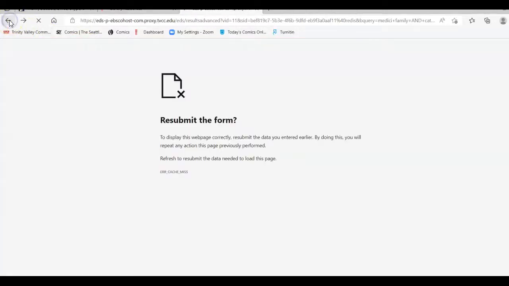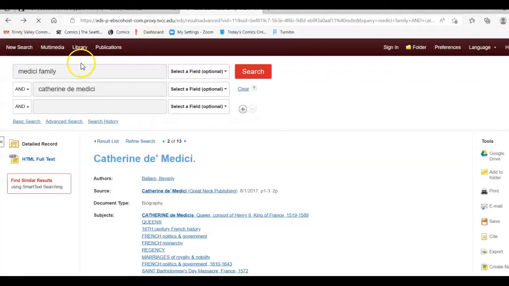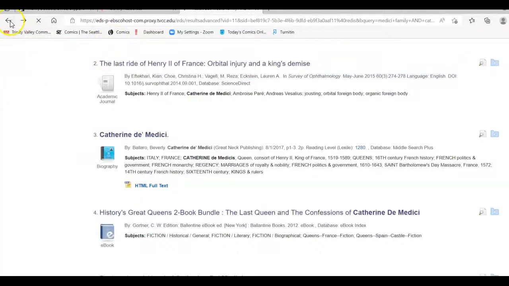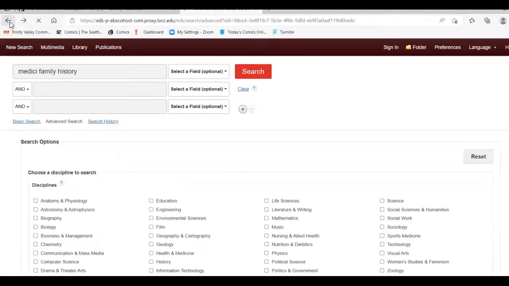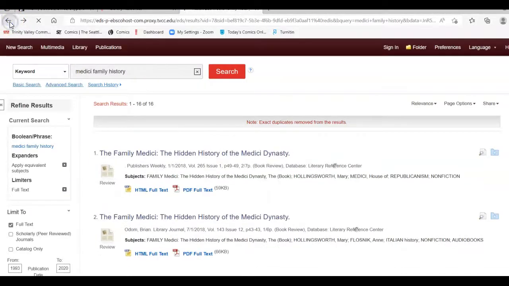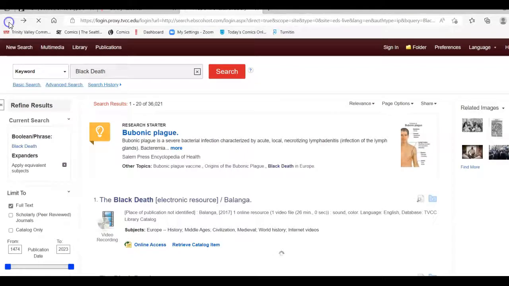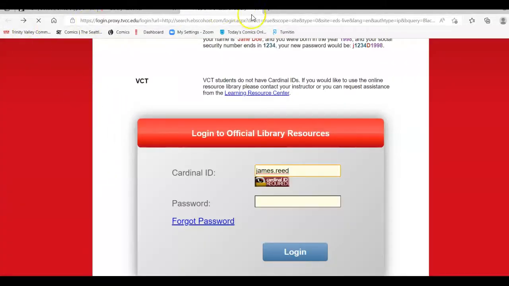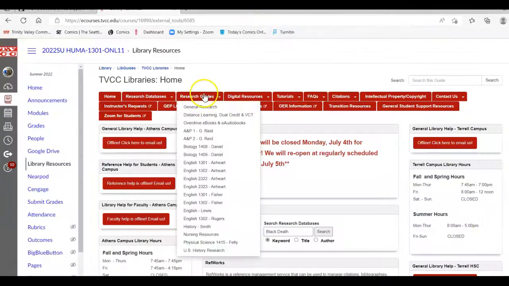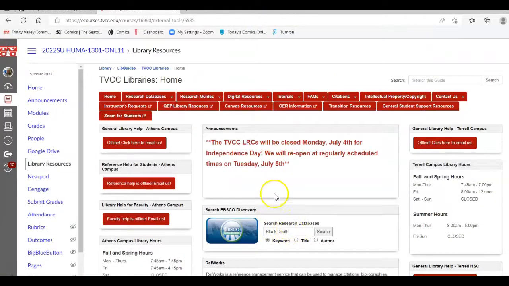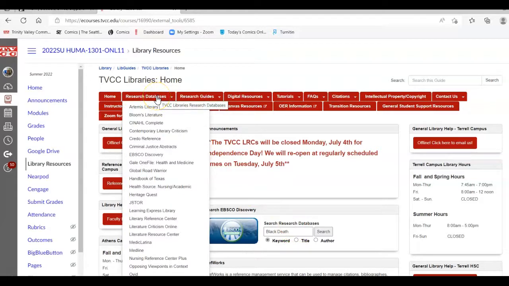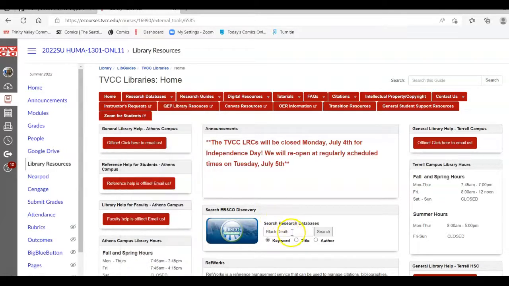And so using the EBSCO, bear with us, ask to resubmit. There we go. I'm going back to our original. Okay. Let me clear that out. There. So when you go to the EBSCO and you look here, that's one way of looking at it. You can also go to the research databases here and find some details. For instance, you have Health Source, you have the Medicine Source, and those are good to look at as well. If you're looking at the Venetian School of Music, for instance,